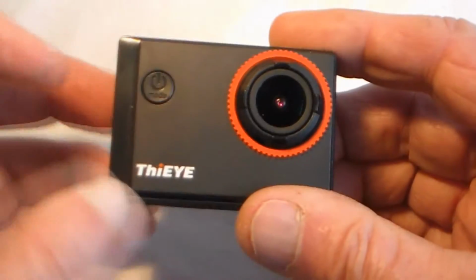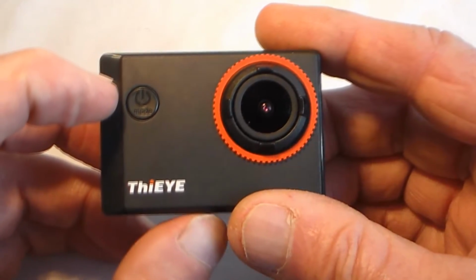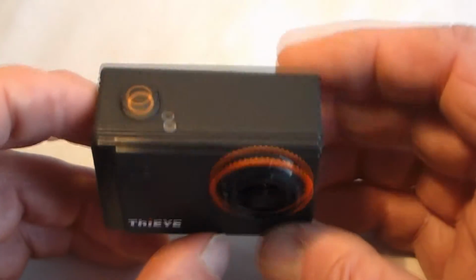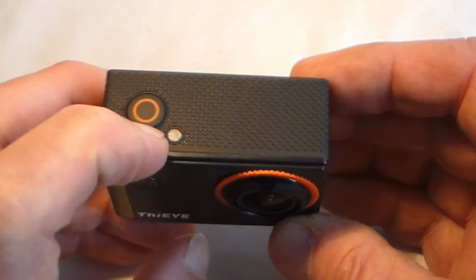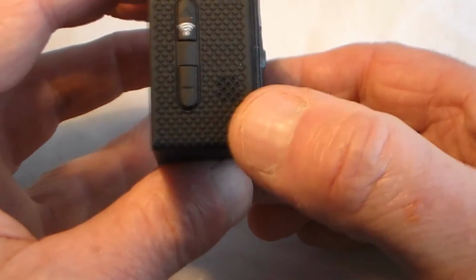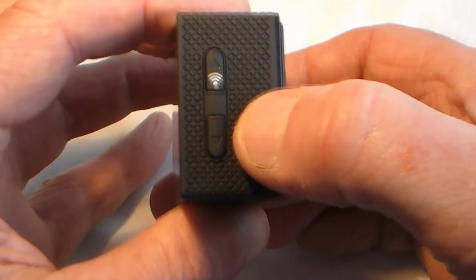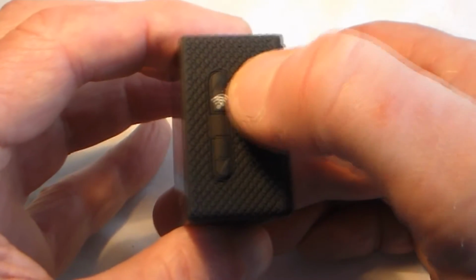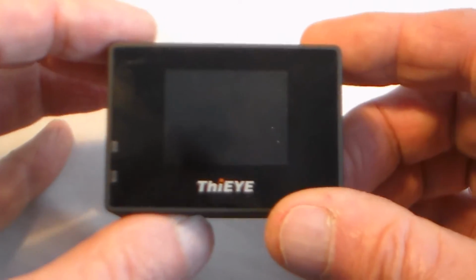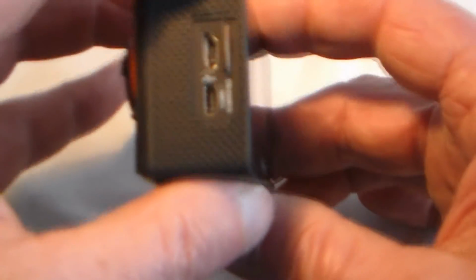Right, so let's take a closer look at the camera. On the front here we have the power on-off button, also marked mode. On the top, shutter release and a little LED. On this side, buttons for scrolling up and down through the menu, and also that serves to turn the Wi-Fi on and off. And there is a little speaker there. On the back we've got a 1.5-inch LCD screen. This end we've got